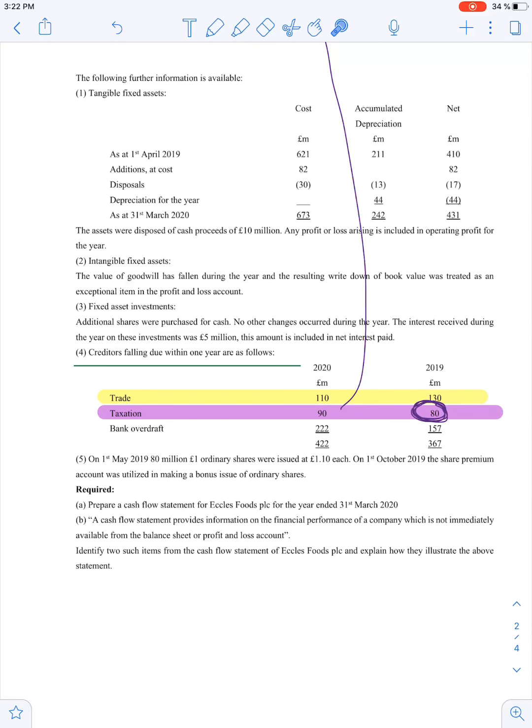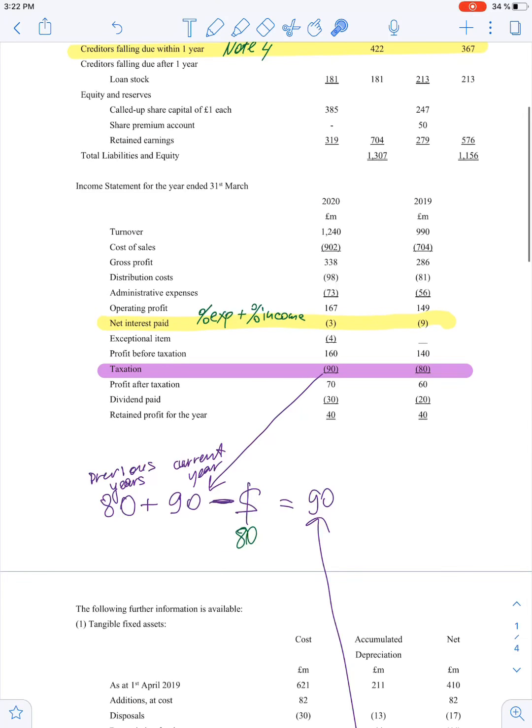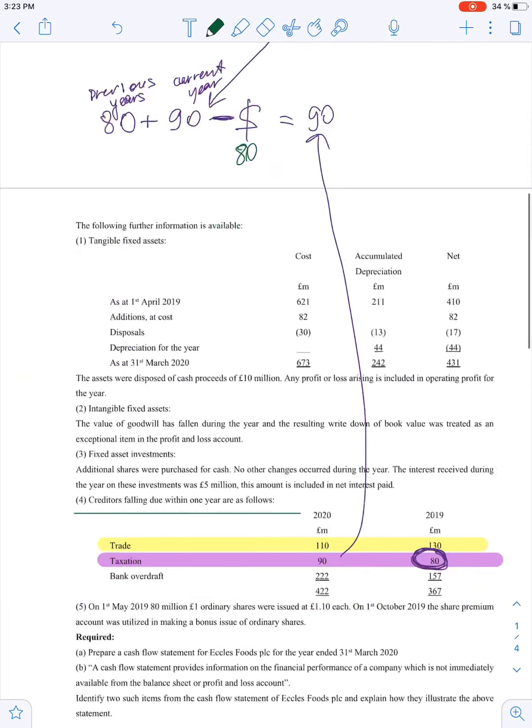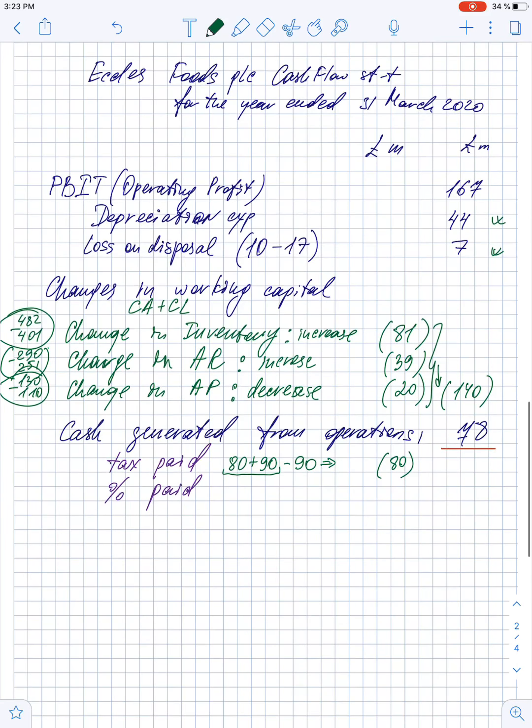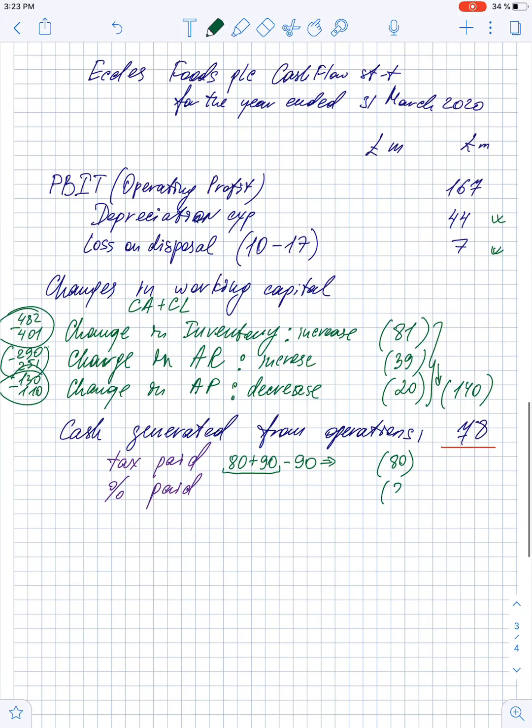That means that if in the income statement we have 3 as net interest paid, and we do know that interest income was 5, we can calculate the interest expense. The interest expense was 8. In order to receive minus 3, we have to net off 5 of income with 8 of expense. So we have to consider here interest paid in the amount of 8 and interest received in the amount of 5,